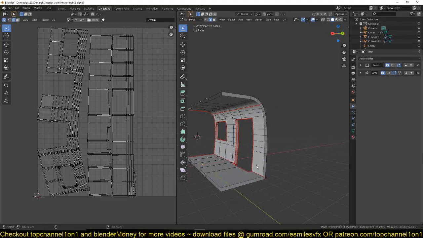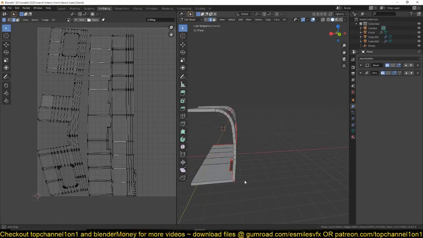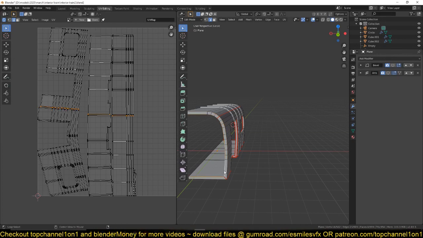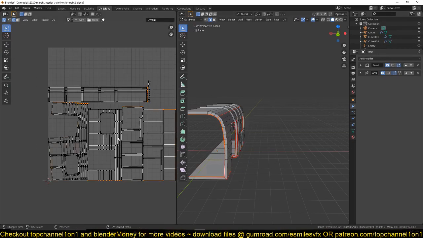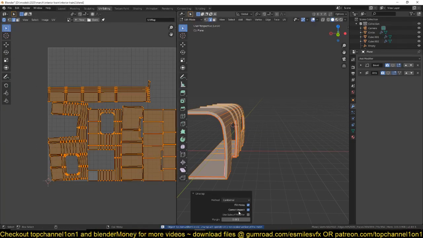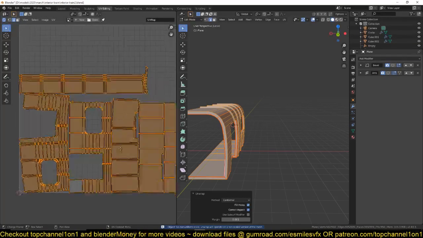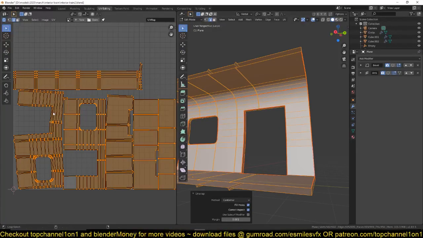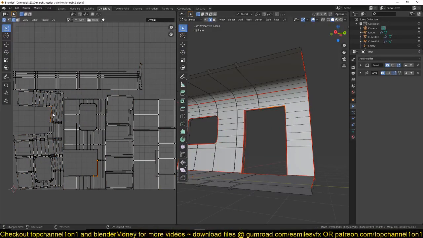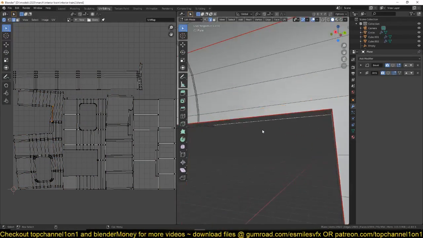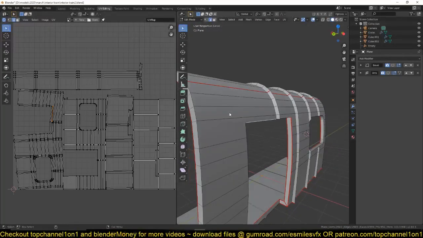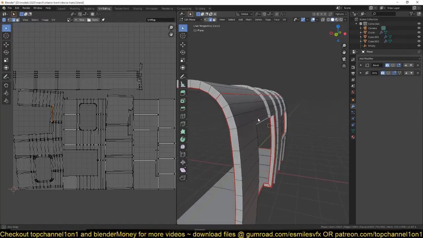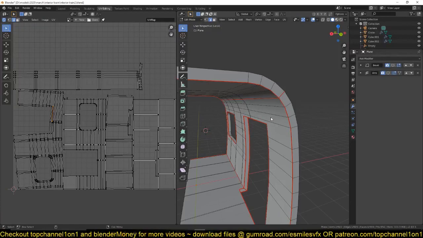So I'm also going to add a seam around there, so that I can have more straightened areas. Let's see, what is this edge loop here? Okay, so this seems to be for the back side here,